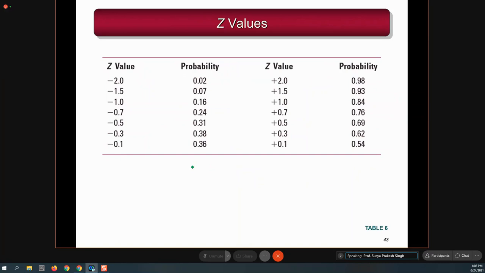As your Z value decreases or increases, your probability to complete or your probability to not complete will increase. Okay. So if I say plus Z value, it means you are asking what is the probability that you will complete the project in 120 days, 130 days out of 64 days. You will be very close to 98%. Okay.